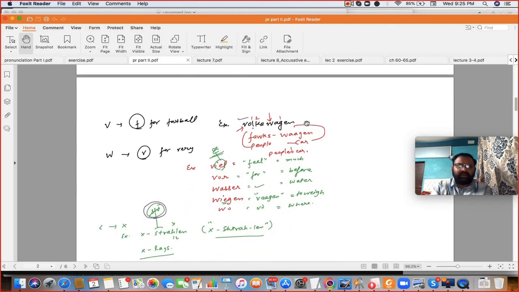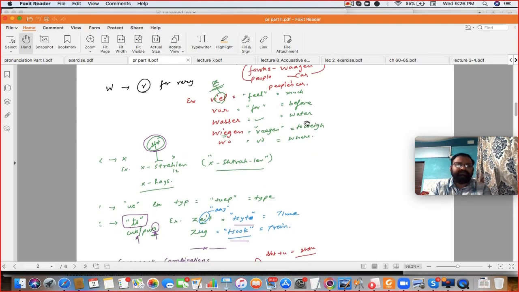Volkswagen. V means F, and the OL will come as AW. How? After O it is more than one consonant, so it is the O sound. And L is silent here. That is just one exception, no rule in that. Understood. Correct. Volkswagen. Then field for Wasser, vegan, go. Correct.